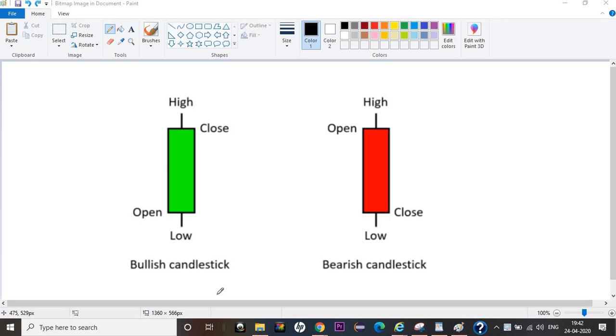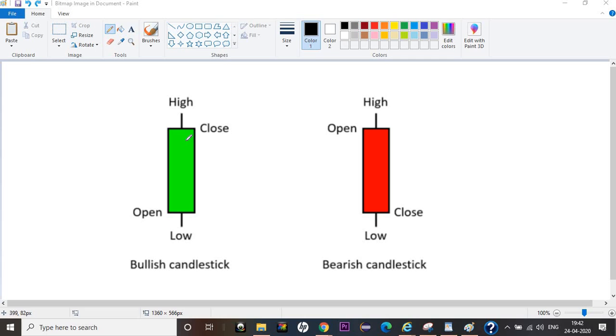So guys, candlestick was originated in Japan, I think somewhere around 1900. It's one of the best charting techniques available. Not one of the best, I'll say the best charting technique available, if you want to do intraday trading, or maybe if you want to keep the share for a week, or a month, or for the long term. If you know how to study candlestick, every bit of it, you're going to be a successful trader, and I think you're going to be a millionaire as well. From zero to hero, we say. That's what candlestick is going to make.